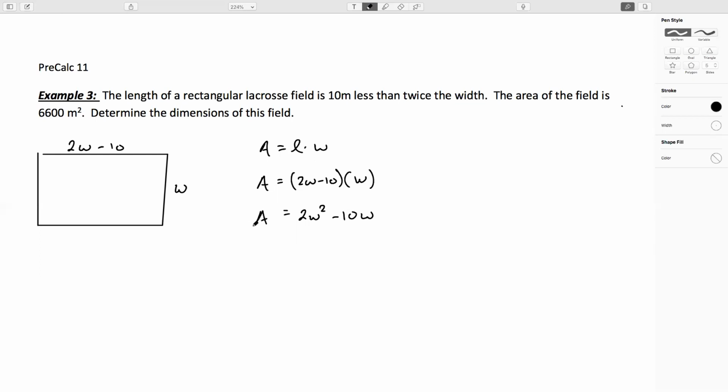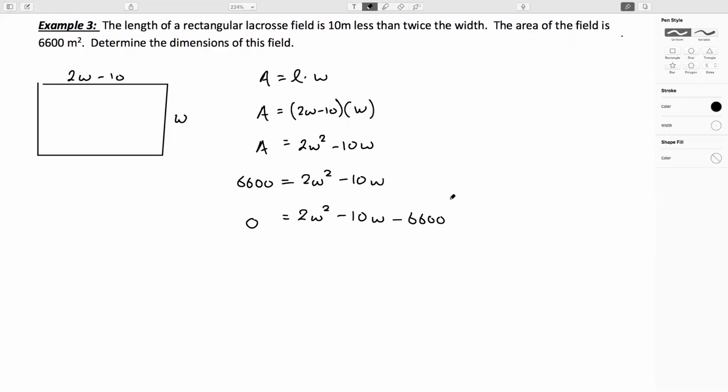I'm going to replace area with 6,600. 6,600 equals 2W squared minus 10W. And I'm going to move the 6,600 over. If you ever see something on the other side of the equation, it's not a trick. You just have to move it so that it's on the same side as the quadratic. So I can write 0 equals 2W squared minus 10W minus 6,600. And now we've got the equation